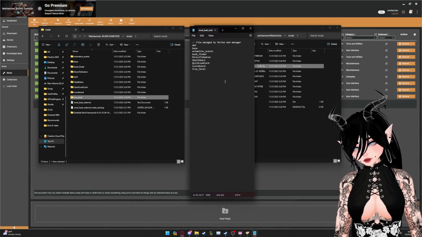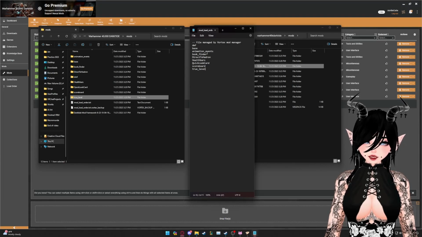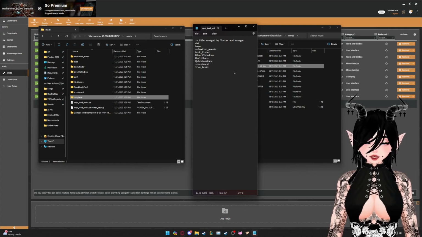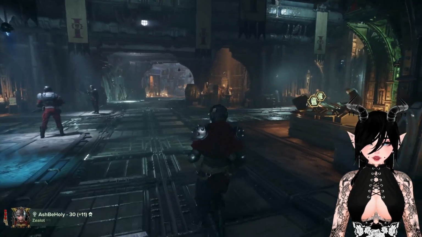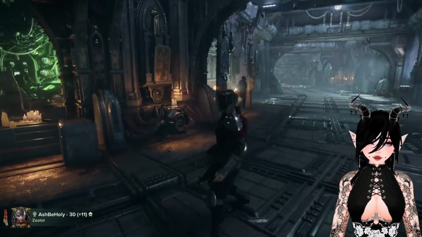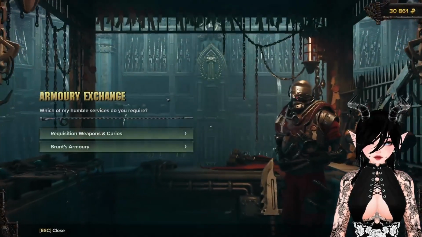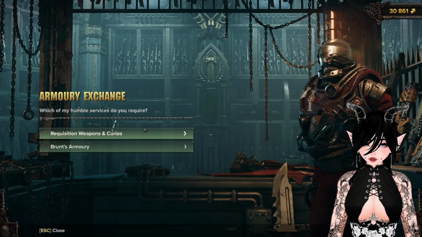Alright, so I have copied all of the names from the files, or the folders, into this text file here. And we're going to do Control S to save. And now we should be set to run the game from Steam. So I've just gotten into the actual game and I've had no errors. If you do have any errors, I would suggest reordering your mods or getting a mod load order.